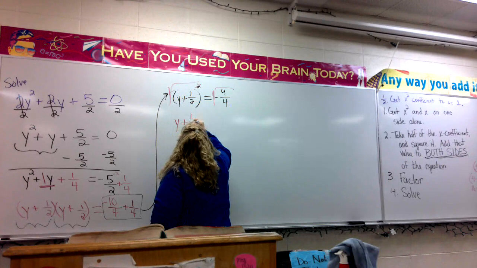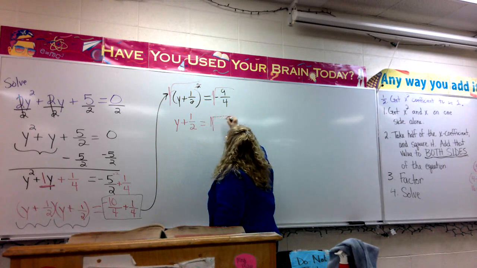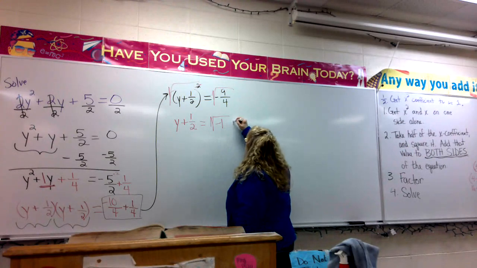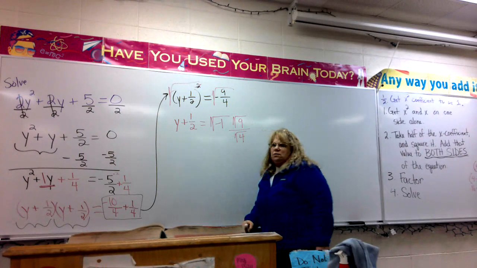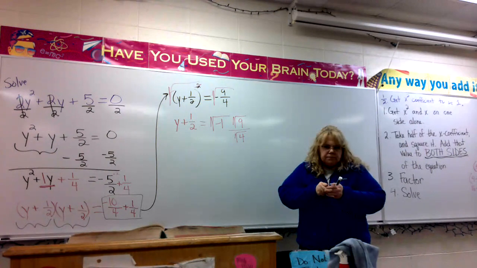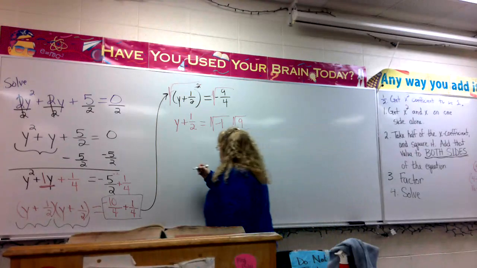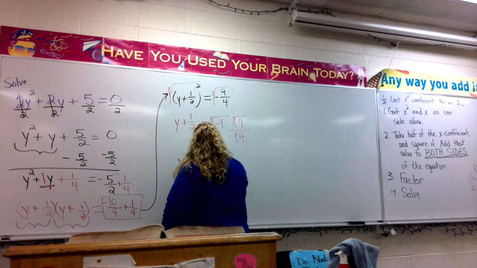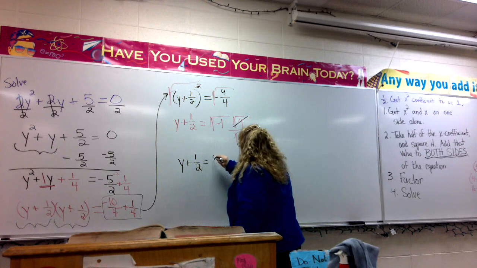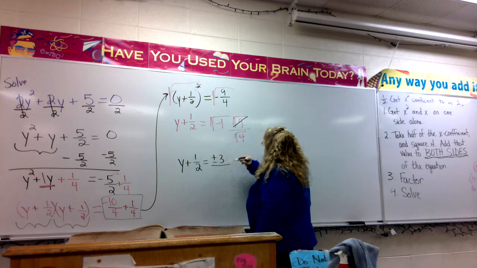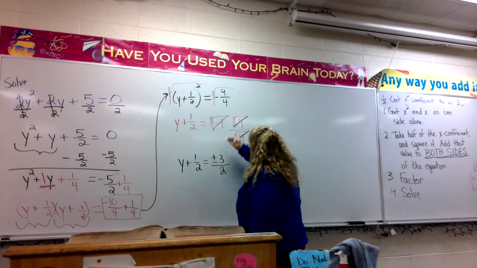It's just y plus 1/2 equals, over here, square root -1, square root 9, square root 4, right? Don't forget, when you're solving, you also have to do the plus and minus when you take the square root. What's the square root of 9? 3. So plus and minus 3 over square root of 4, and square root of -1,